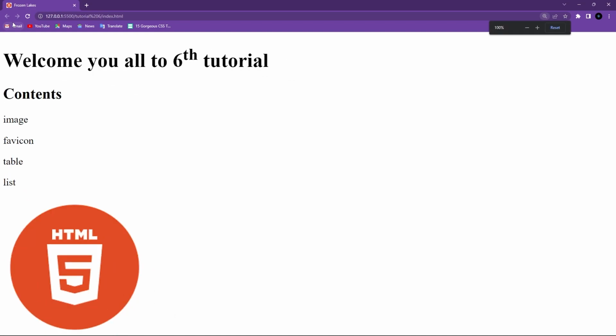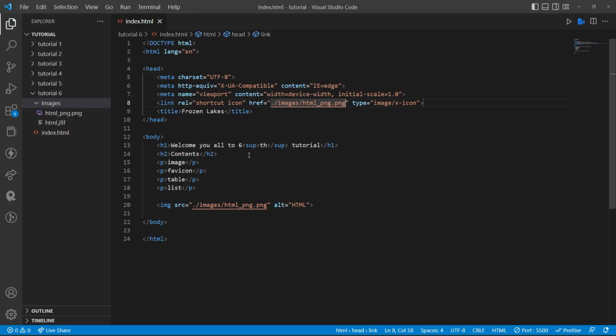Yeah, you can see the exact image over here, right? It's a favicon. Okay, it's a property of the favicon. So next, coming to the table, consider a situation